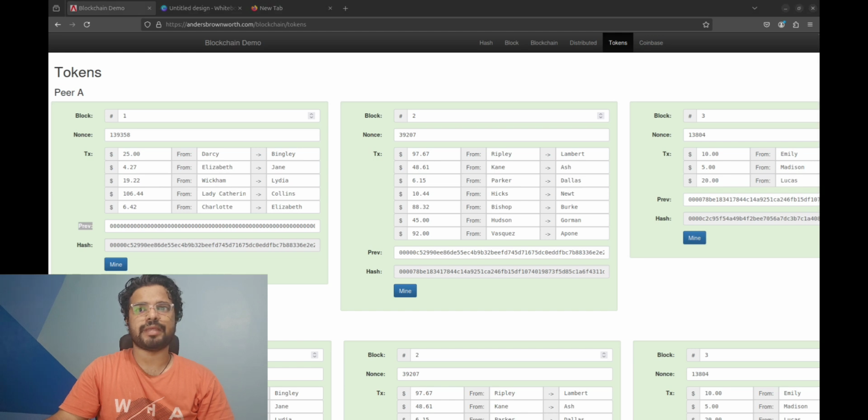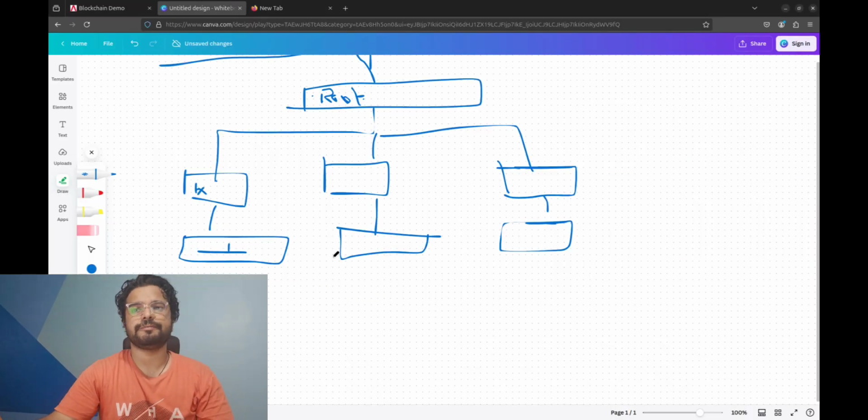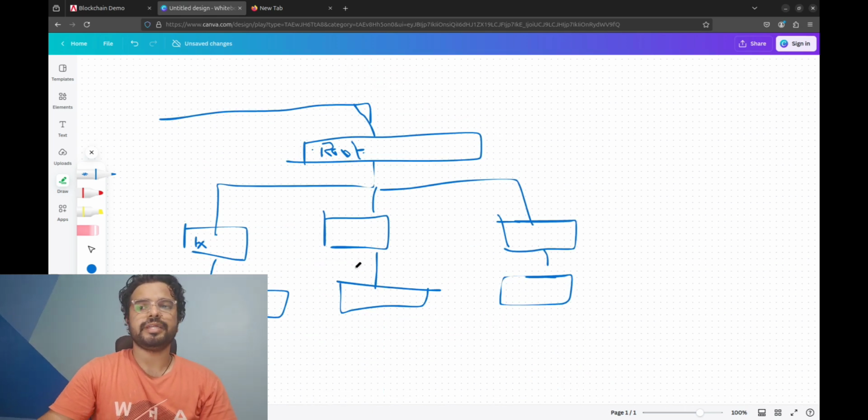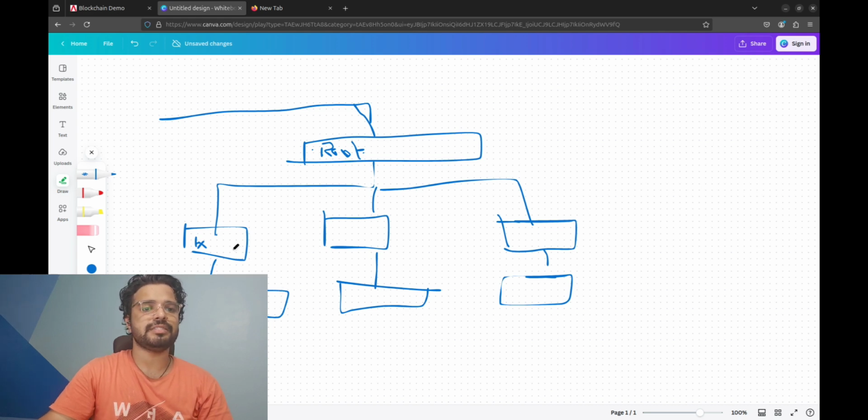So as we discussed earlier about hashing, we use hashing to find out whether data manipulation has happened or not by using a Merkle tree. Let me start with the Merkle tree part. A Merkle tree is a tree structure where each non-leaf node represents a hash of its child nodes, and whenever there is a manipulation of